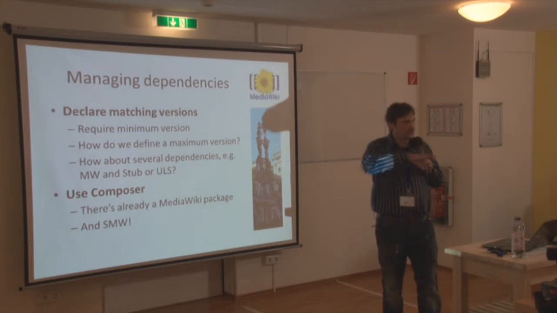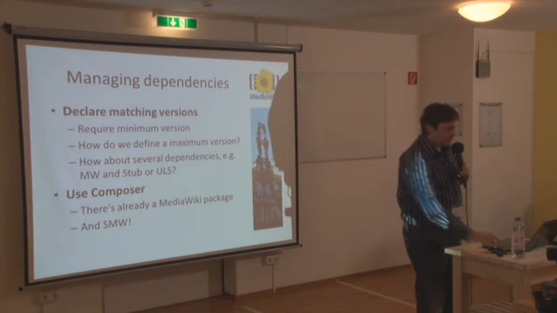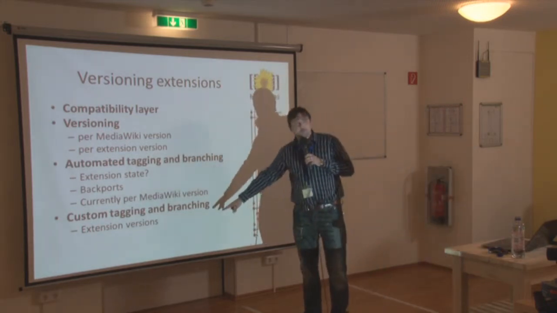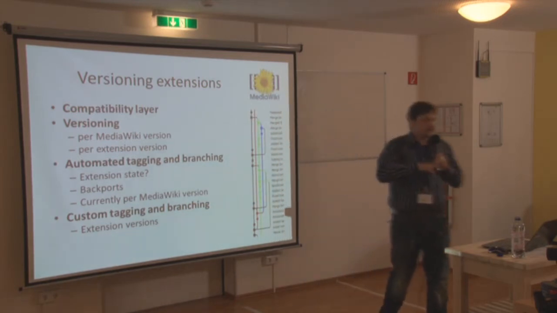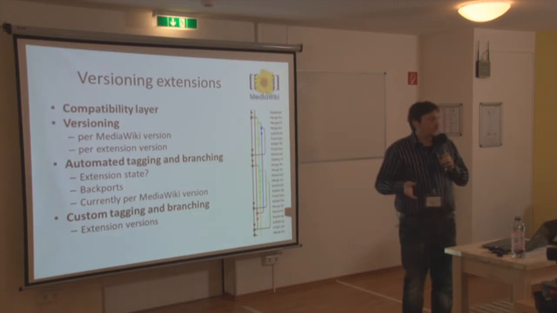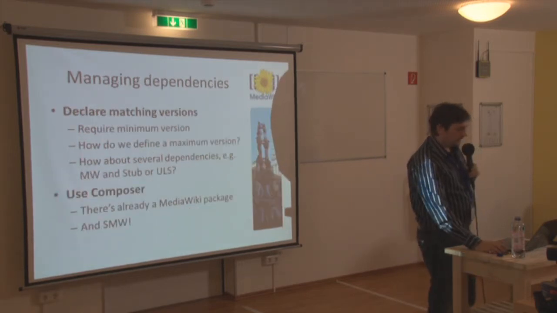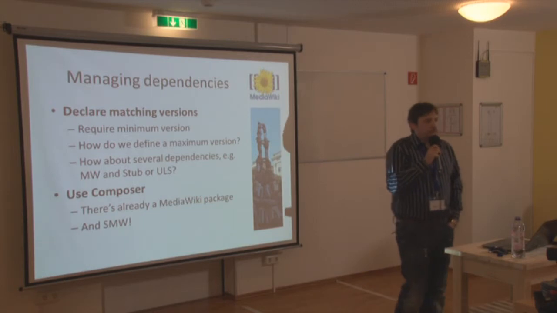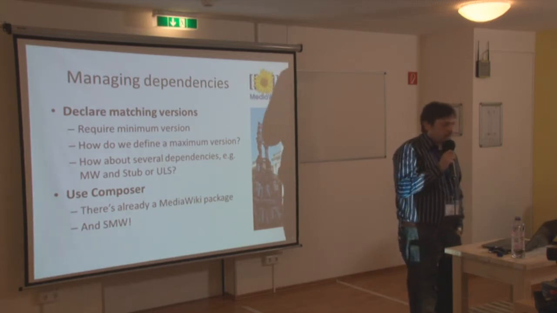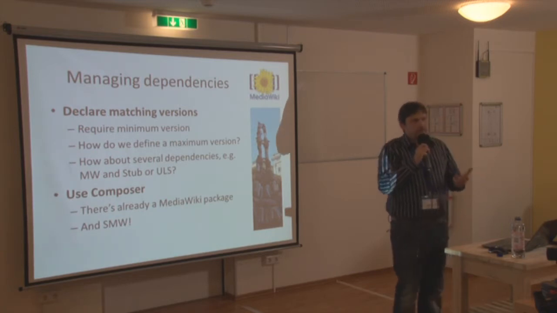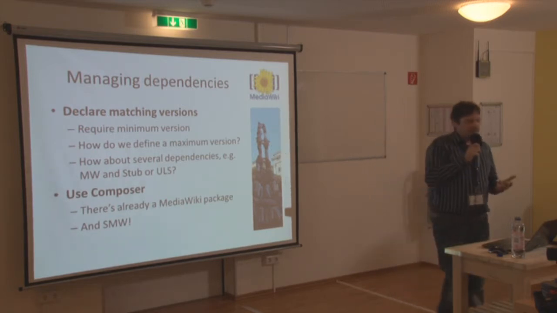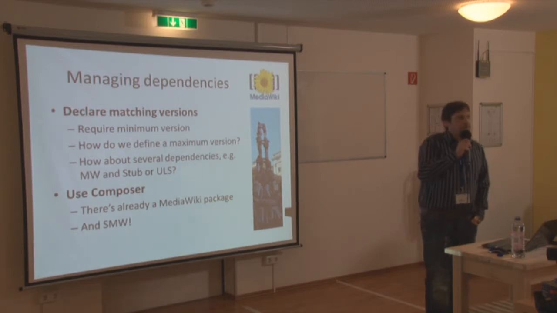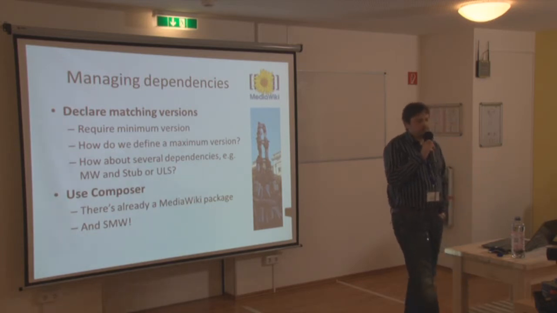The second issue we have, whereas the first one is the compatibility layer of versioning, and the custom tagging is on the side of the extension authors, whereas the automated tagging and branching is on the side of the release management team, if you want to say so. So managing dependencies is of course the next step. Even the best versioning system in extensions does not help if we don't know which extensions fit which MediaWiki version and what the dependencies are. So basically we have to figure out a way of how to declare matching versions,